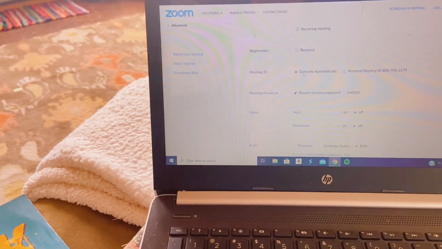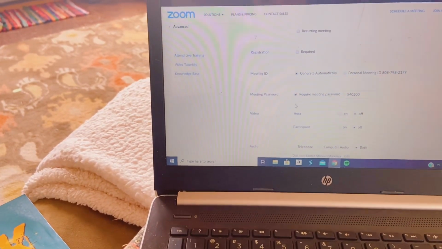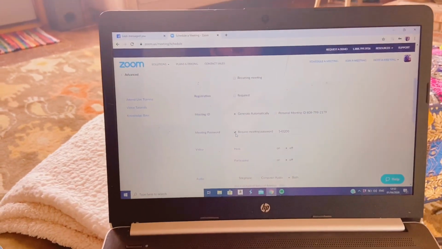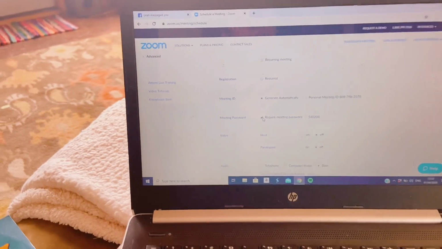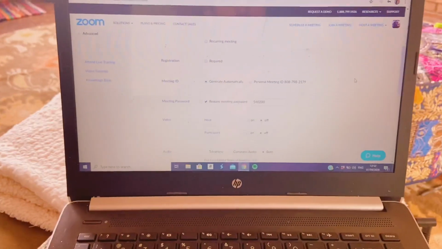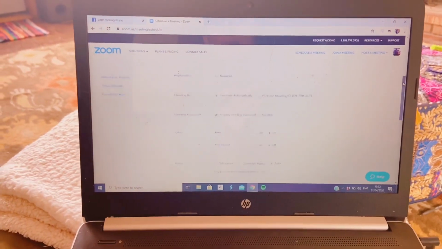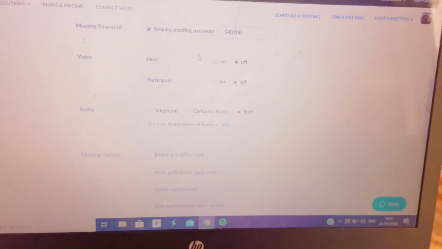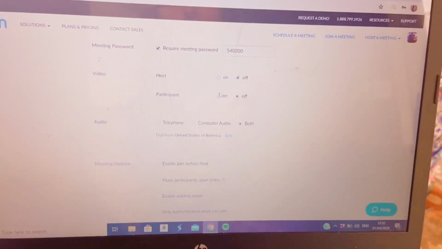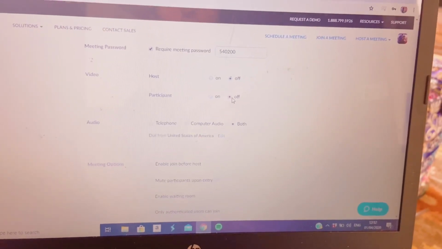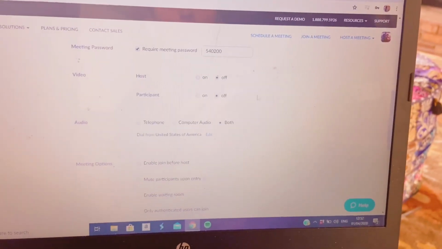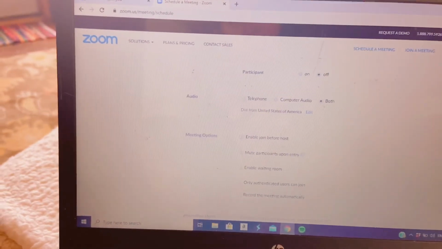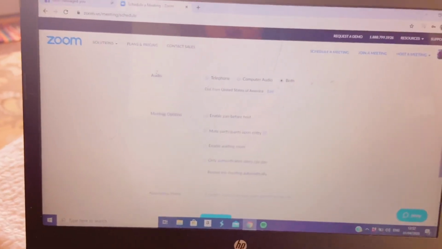Registration, I never require it. I also, for the meeting password, I uncheck it because I'm usually doing public things. If you want to do a private thing and you want them to have a password, you can put the password in here and it'll come in the invitation for them to type in the password, but I always take that off. For video right here, I say host on because I always want my video to be on. And then participant, it depends on the group, but I usually have off, and then I allow them to turn